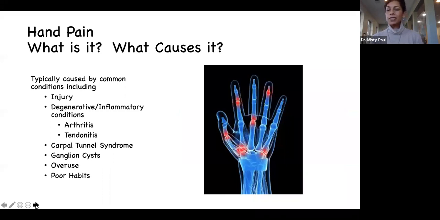The most common reason that most people have hand pain is probably due to poor habits of sitting for long periods of time, just resting their hands on their desk and letting their wrists go. Wrists and hands are supposed to be horizontal to not overstress them. And of course, we know that there's arthritis that can form in the hands as well.